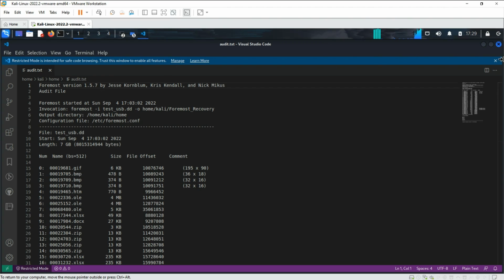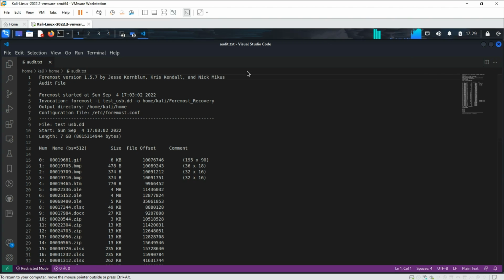And Visual Studio is fine if it wants to open in Visual Studio. I need to get some better opening tools here, but Visual Studio is really awesome. So, I mean, it doesn't matter. So here's the audit file, right? And the audit file says it opened the test USB DD file that I took off. I took an image of it from my USB, and apparently this USB had one GIF, 6 kilobytes,